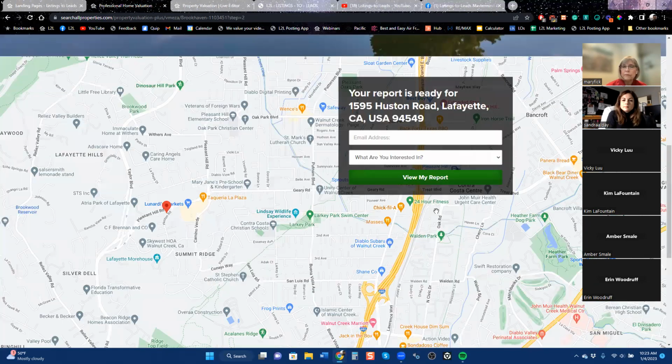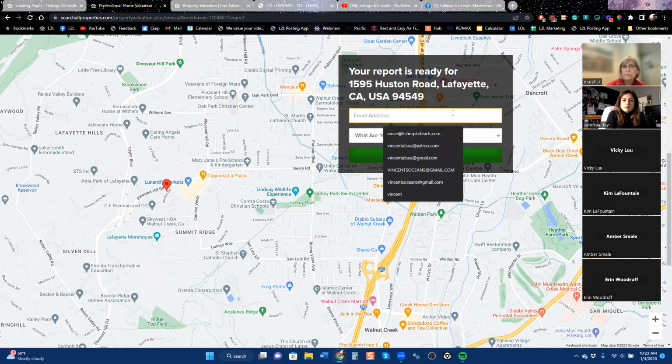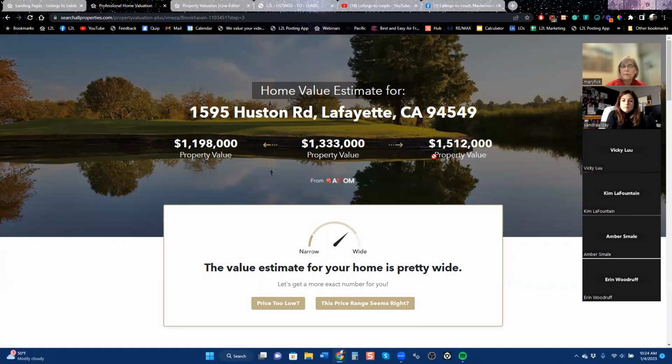And this is what page 2 looks like. Here's your home, and your report's ready. What's your email address? And a good portion of people will leave this page before they give you that email address. So that's kind of an issue. But if they give it to you and they say, well, I'm thinking about selling or whatever reason, view my report. We use a company called Onboard Informatics, which goes out and goes to companies and says, you know,